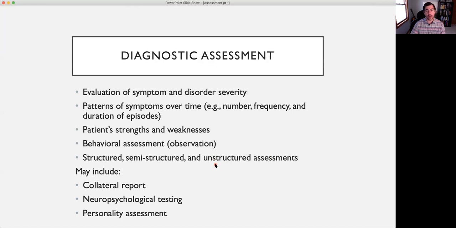So picture a scenario in which someone is coming in to see me to get a diagnostic assessment, and I go through this full process, but really rely on unstructured assessment. So you're talking about depression. I'm going to ask you about what I think is important for depression assessment. And I don't really go off of anything that has any sort of structure for that. I just use my best judgment. Let's say that same person goes to see another psychologist, and that person does their unstructured assessment pretty differently. If we reach a different conclusion, we run into problems with reliability.